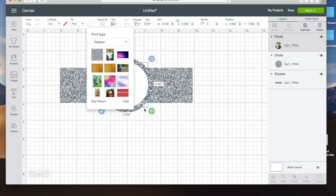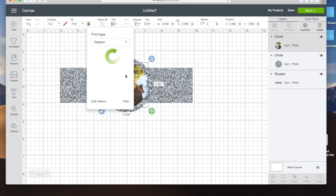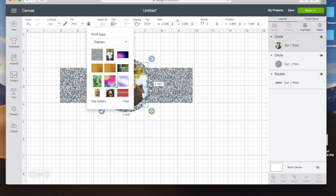So now I'm going to click on that picture and it's going to take a minute to load. And then you'll notice that this here gives it like a textile kind of look. I want it to be only one picture in that circle. So I'm going to click back on it. And then once it loads, I'm going to click on the picture and then I want to click on edit